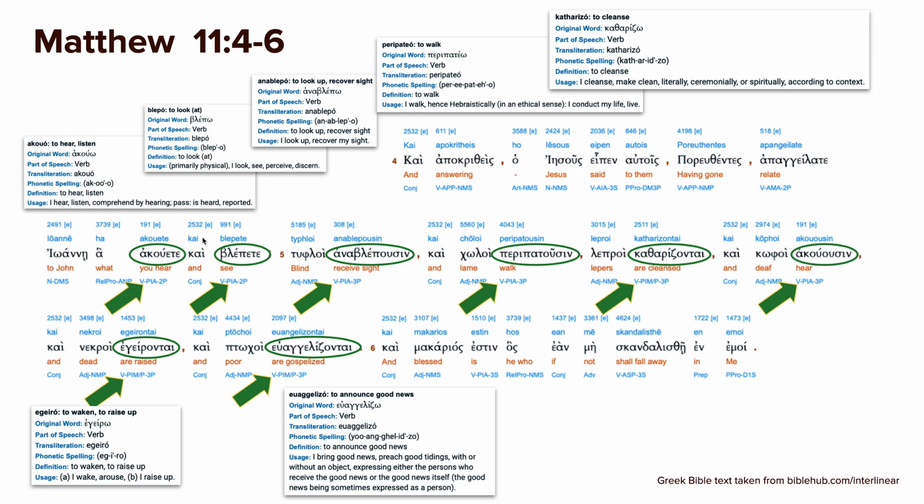All right, let's go back and look at these again. Akuete, we recognize the ete, and also blepete and the ete. And then we have usin, a little bit longer because it is this contract verb. Katharisantai has antai, showing that it's passive. And then akuousin, which is the same as akuete, but with the third person plural. Egeirantai, again, antai indicates that it's passive, or that it's a passive or middle-only verb like erchomai. And then euangelisantai also has this antai for the passive.